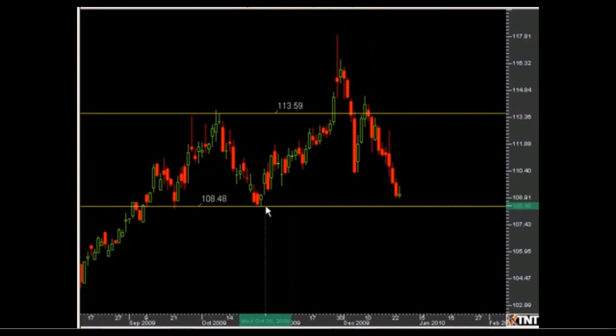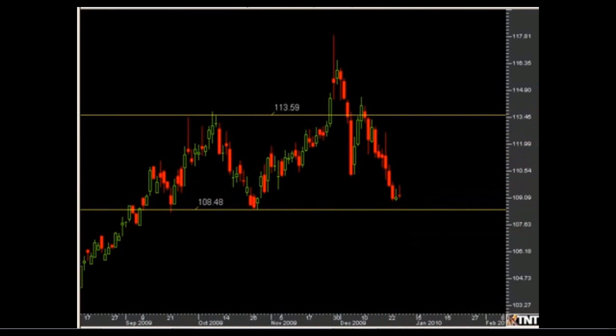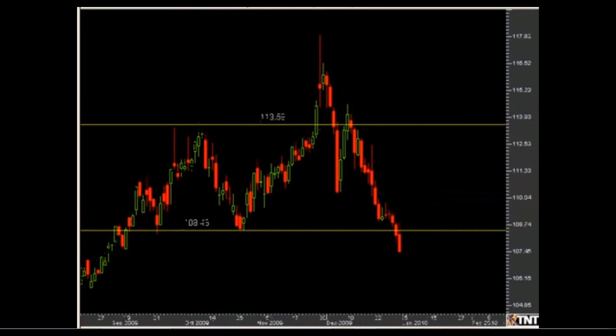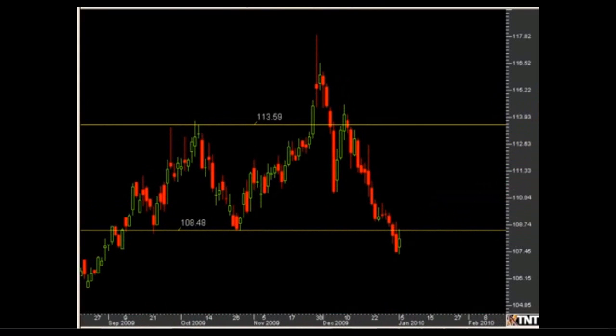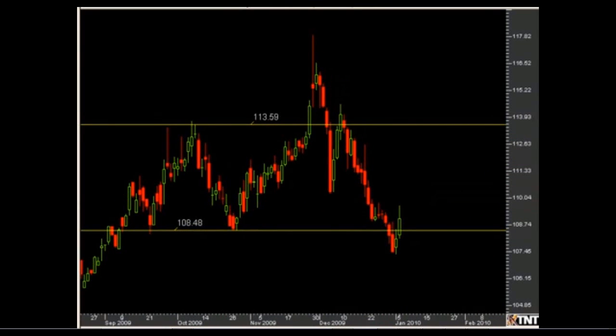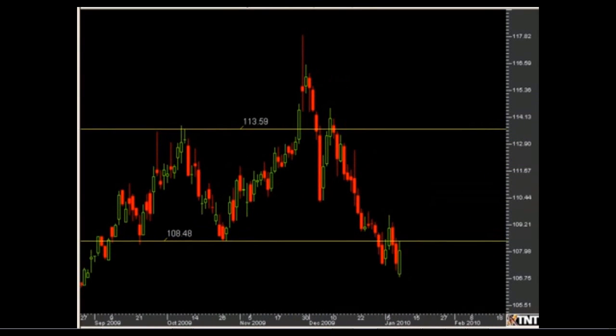Now look at where it's heading right back to. Yep, you got it, right back down here. Right back to this old area of support. Now what do you think is most likely now? Well, it's most likely that we're going to see prices bounce from here, right? So let's go forward with this. Uh-oh, prices broke through, but did they really? Or is this just a delayed reaction to the area of support? Well, I think it is. I think we're going to see the yen rally from here a little bit and probably head back up to either test